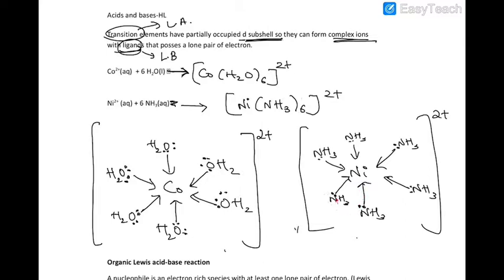bonds with 6 ligands. So copper Cu2+ is acting as the Lewis acid, and the H2O ligand is acting as the Lewis base. So again, the Lewis acid is nickel and ammonia is the